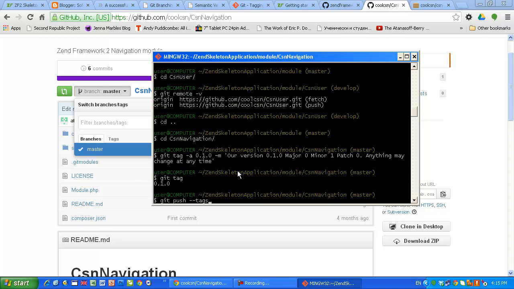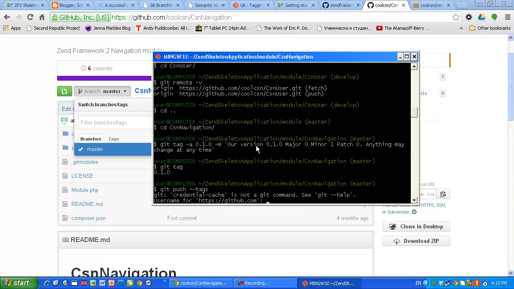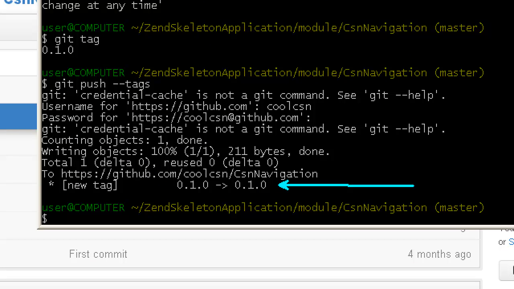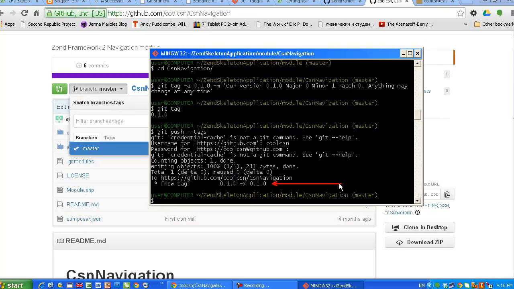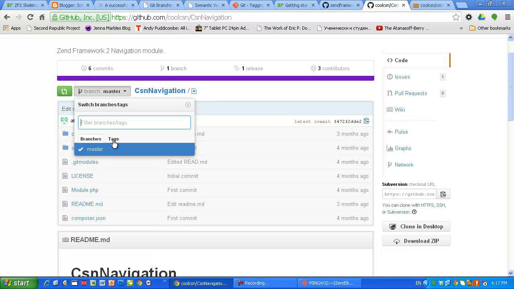and that's it. I'm gonna type my username and my password. Here we go. After typing my password and hitting enter, as you can see, the new tag actually has been created on the remote repository as well. Let's confirm that. I'm going to refresh the CSN navigation repository, and voila! Now tag